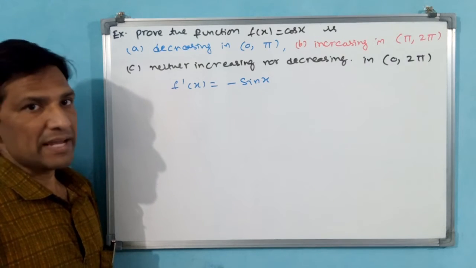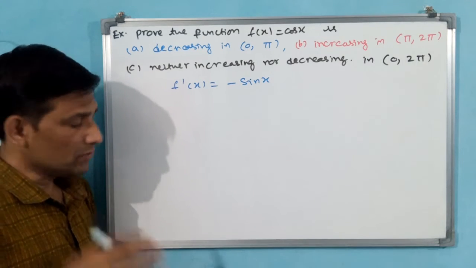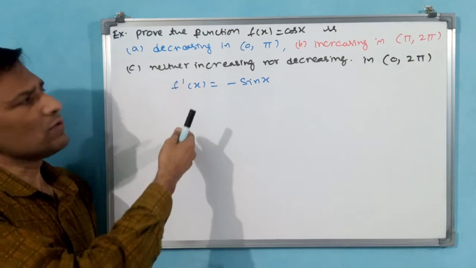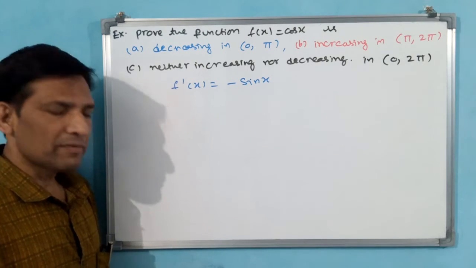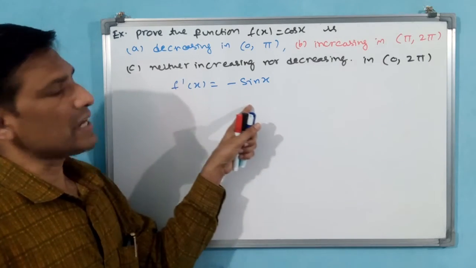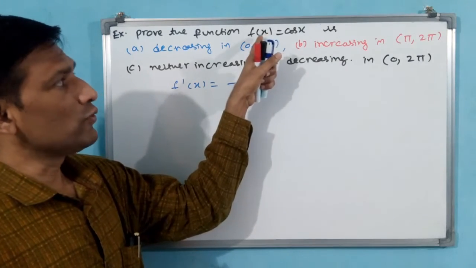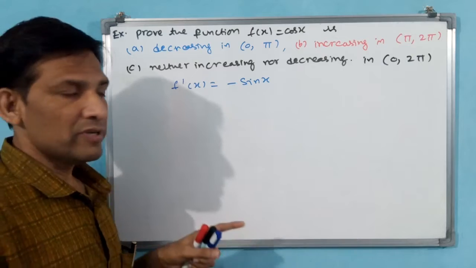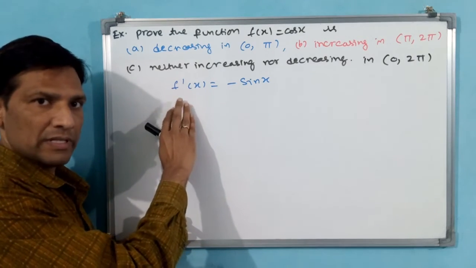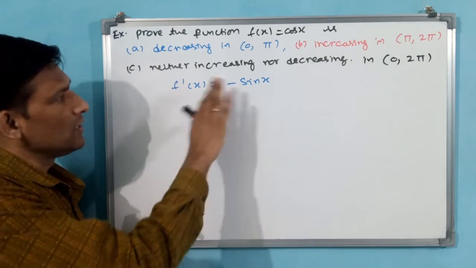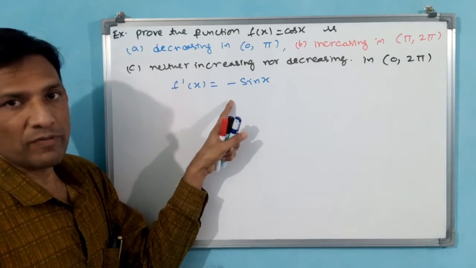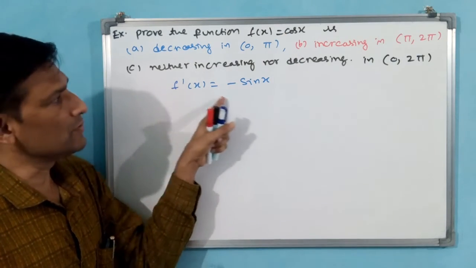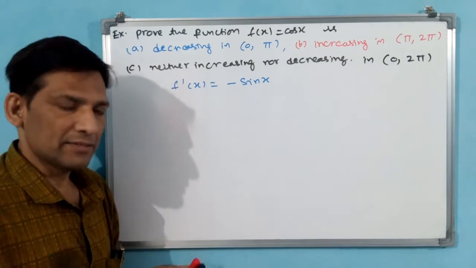f dash x is equal to minus sin x. Is it okay? Definitely okay. You see now, even without doing also we can do directly cos x also you can take, or if you do the derivation sin x you have to take. If you don't do cos x you have to take, but we will follow the procedure of this derivation only. You have done the derivation, f dash x has come minus sin x. D by dx of f x is equal to f dash x, that is cos x, is equal to minus sin x is going to come.